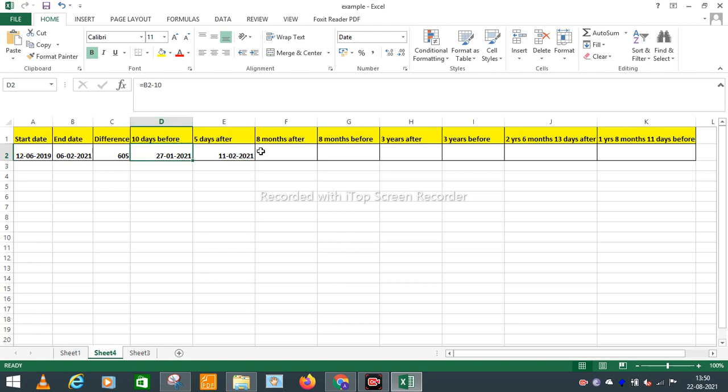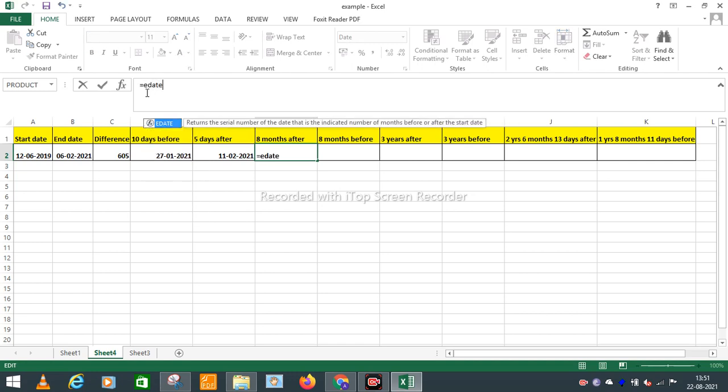So these are done. Now if we want to get a future date, after a few months, or a date a few months before, then the function will be a little bit different. In the case of days we just used plus x or minus x, but in the case of months the formula is a little different. In this case we will use the EDATE function, this one, EDATE bracket.